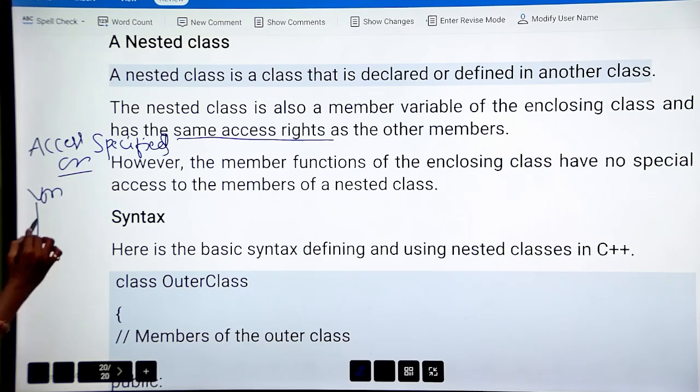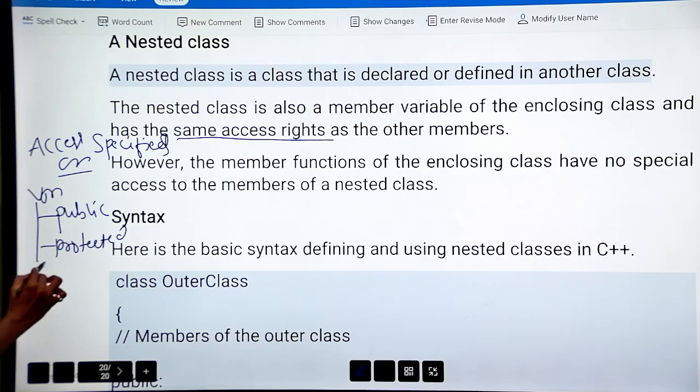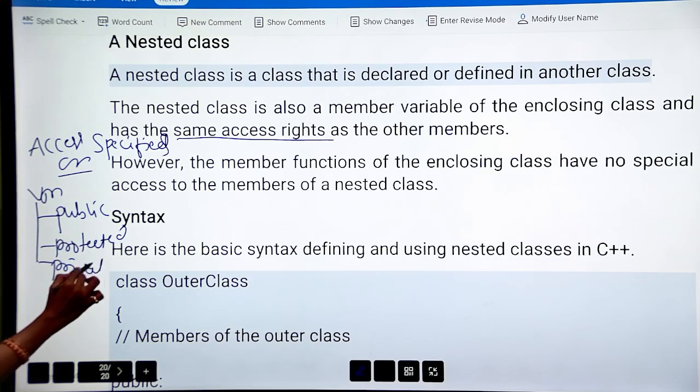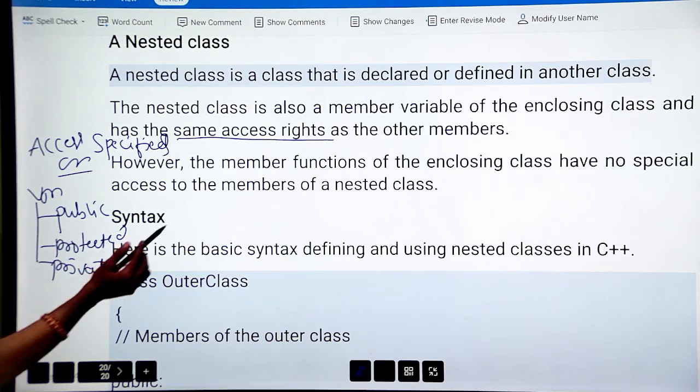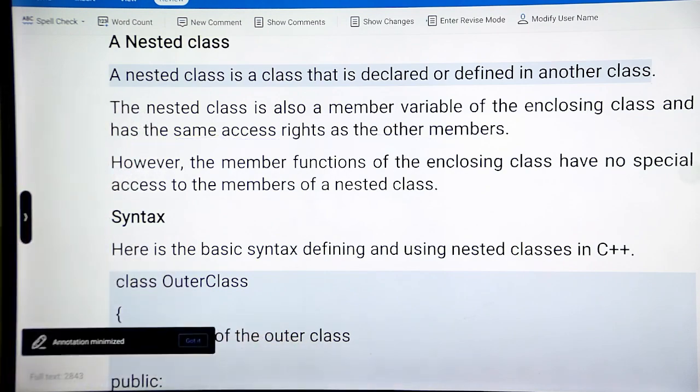There are three visibility modes. One is the public access specifier, then the protected access specifier, and the private access specifier. So they have the same access rights as the other members contained in that class. So here the enclosing is special because it is enclosed within the